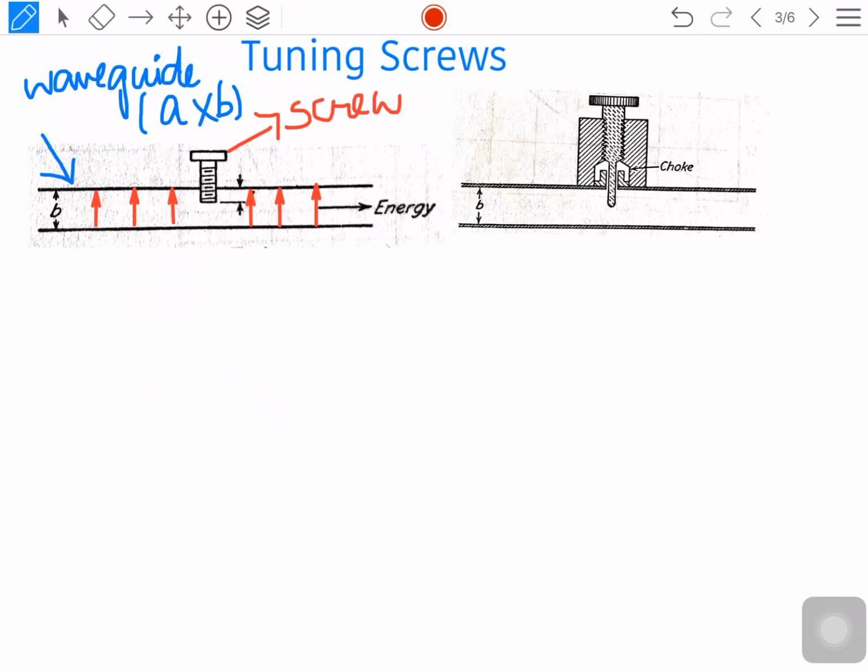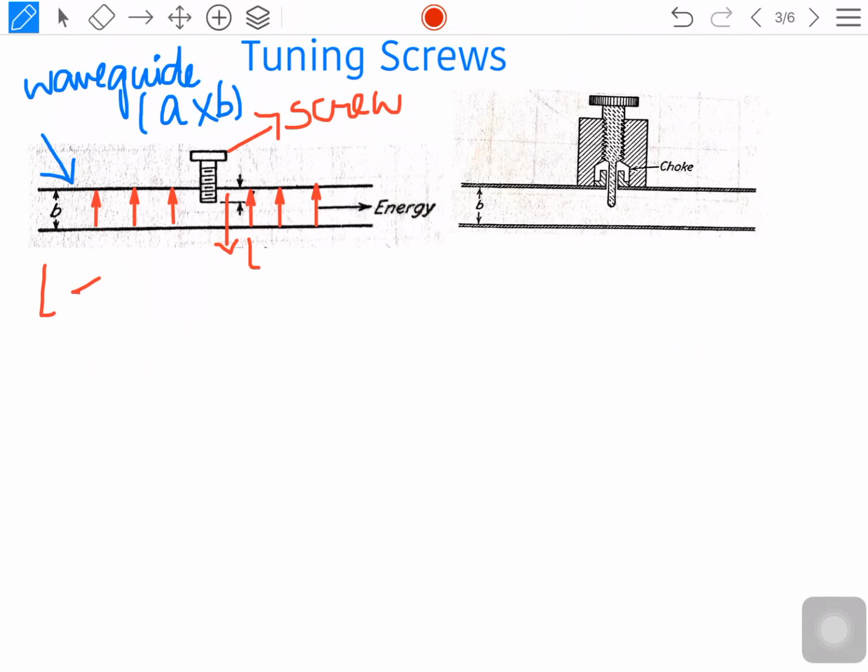A screw of some length L has been displaced. This is nothing but the depth of penetration. If a screw of length less than approximately a quarter free space wavelength, it produces an effective capacitive susceptance value, and this value increases with the depth of penetration.